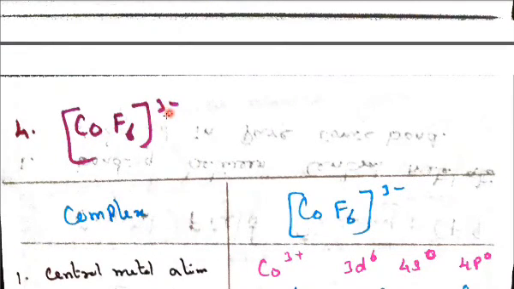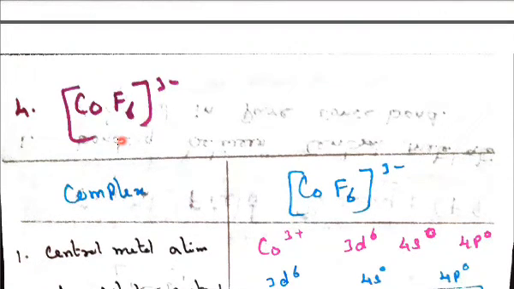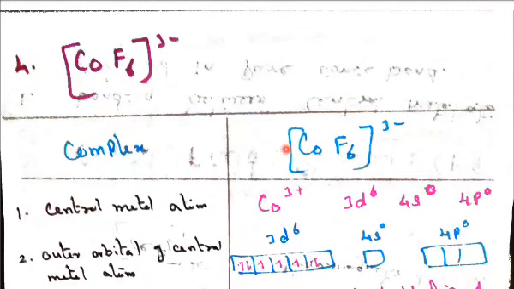It is an anionic complex. Hexafluoridocobaltate(III) ion, because it is an anion, the central metal ion name should end with ate. So now let us see, this is cobalt 3+. Iron is 26, which means cobalt is 27. So we have 3d7 4s2. From 3d7 4s2 remove 3 electrons, it becomes 3d6 4s0.